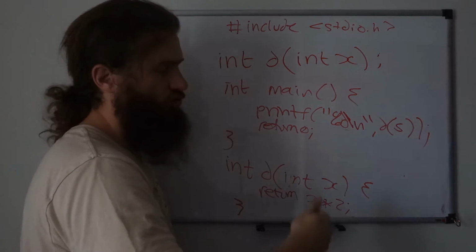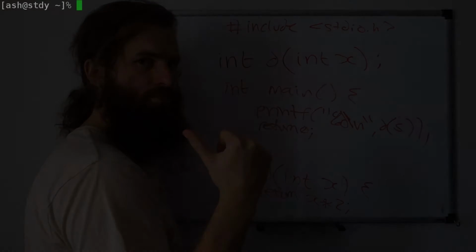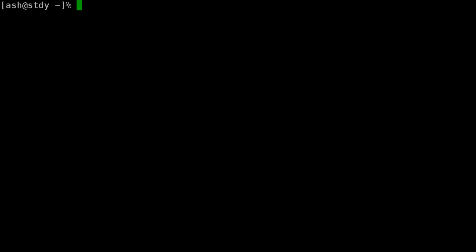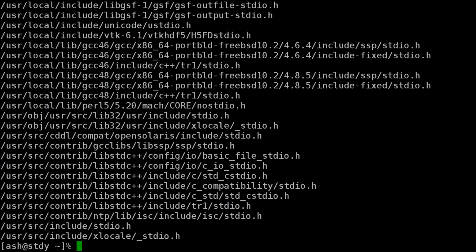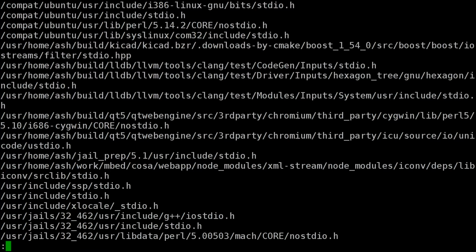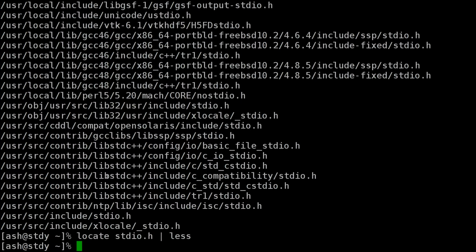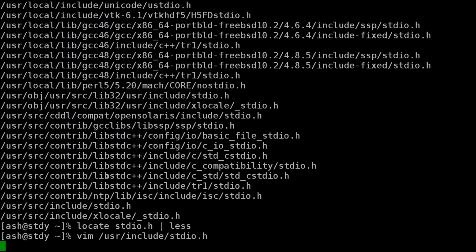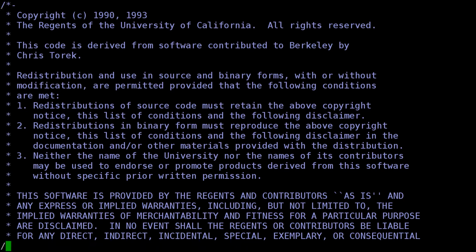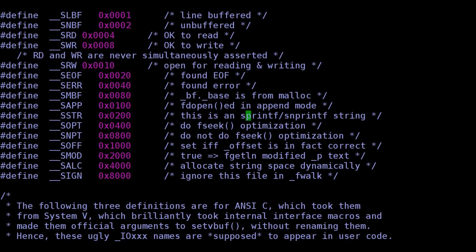I'll have a look at this. I'll show you now where it is. So let's try and find where stdio.h is. I can use the command locate to look for it. And there's actually quite a few cases, but the one which it will be on my system is /usr/include/stdio.h. So if I then have a look at that,